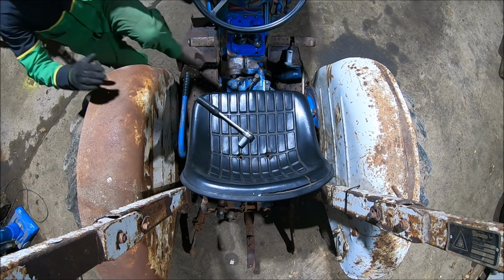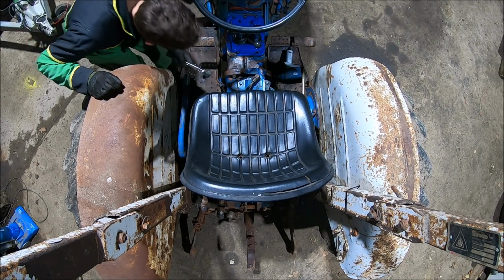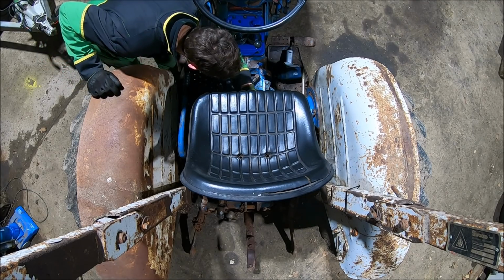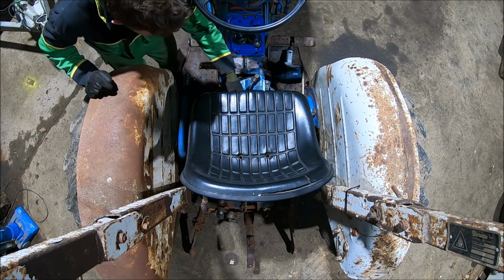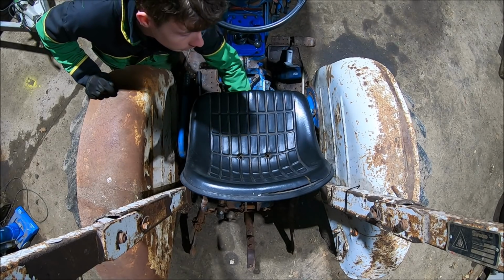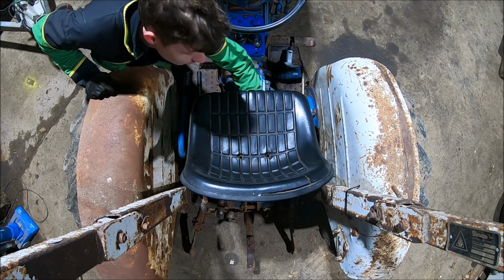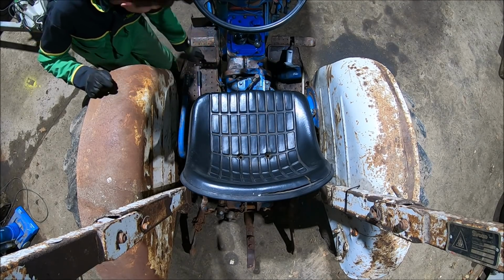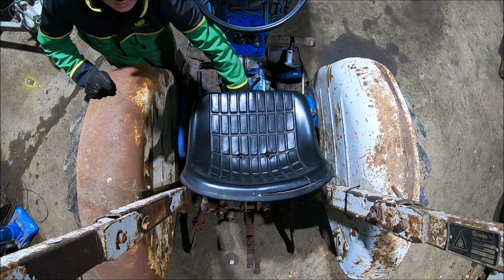So this is actually 10 days after. It was 10 days ago that I changed the oil. But I'm just sort of doing a bit on this tractor when I get time, really. The bolts are already loose in the seat because I